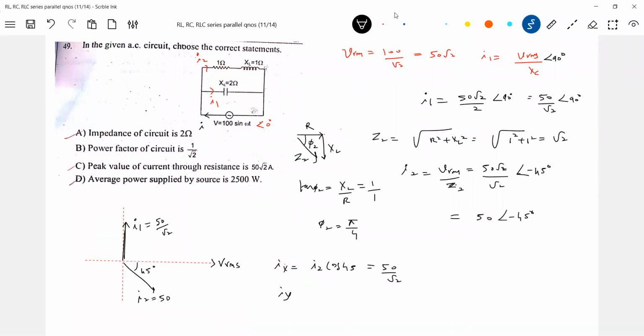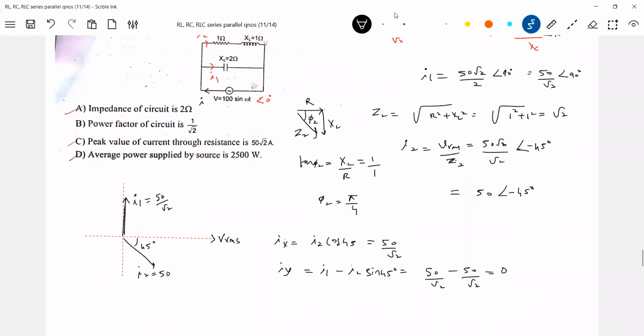What about the y component? The y component will be I1 minus I2 sine 45. I1 is 50 by root 2, minus 50 by root 2. So how much resultant will we get? 0. So the resultant current, how will it flow? It will flow in the direction of the phase of the resultant current. And what is I equal to? Iy is 0. So therefore the resultant current